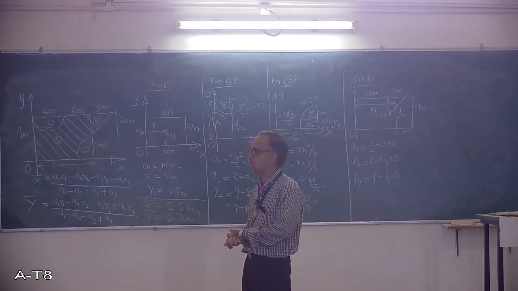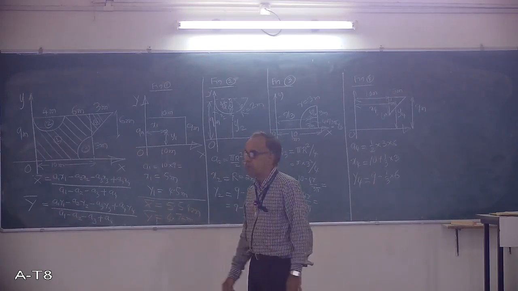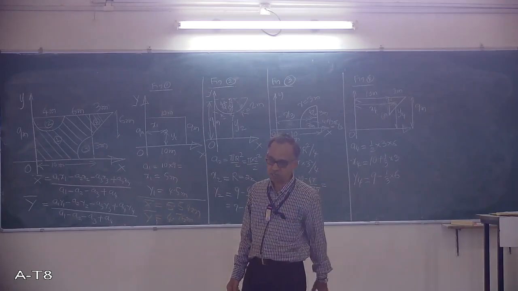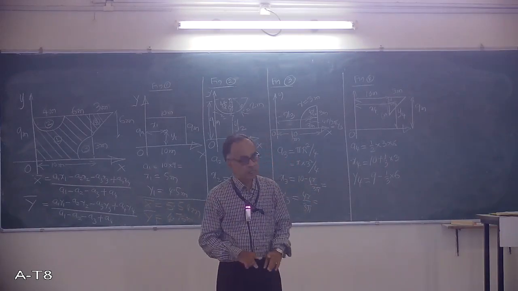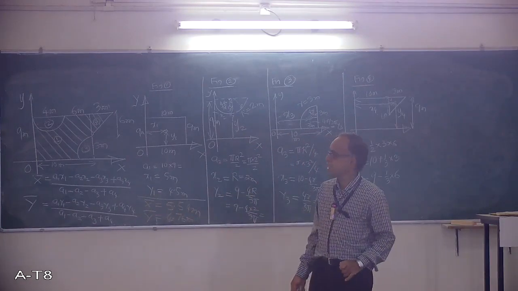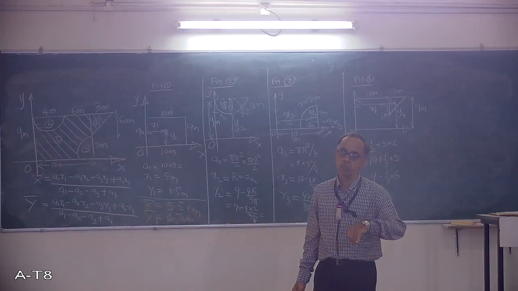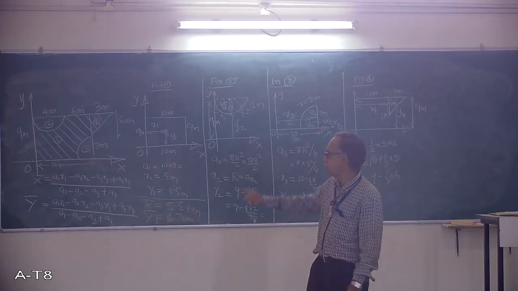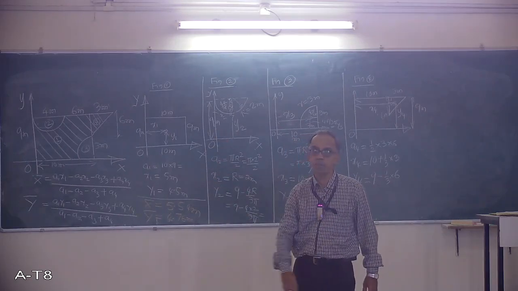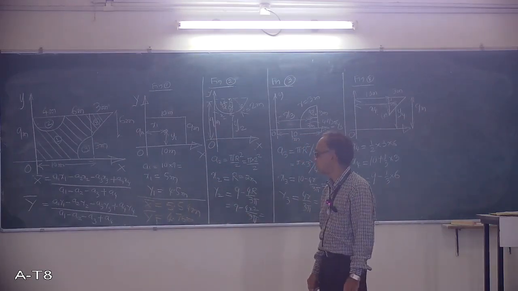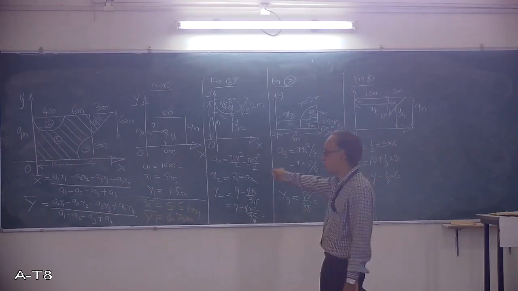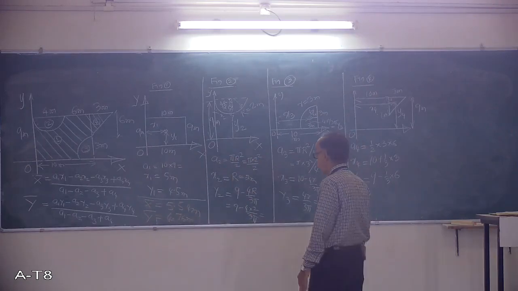And what you must remember, as I have repeatedly told you: when the x and y axis are not mentioned, you have to choose the x and y axis. If the x and y axis are mentioned, then you are not supposed to choose them. In the present example, it has not mentioned the x and y axis. That is why I have taken O as the origin, at the extreme left corner, and then the x and y axis. With respect to the x and y axis, I have drawn all the four figures: figure 1, figure 2, figure 3, and figure 4. Then I put the equation for x bar and y bar. Then I got these values.